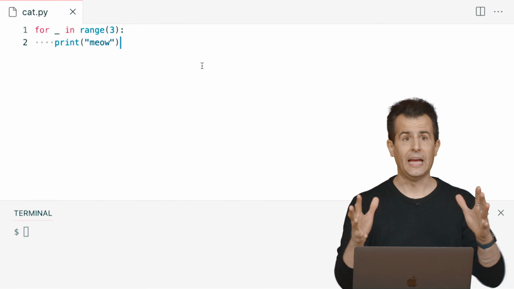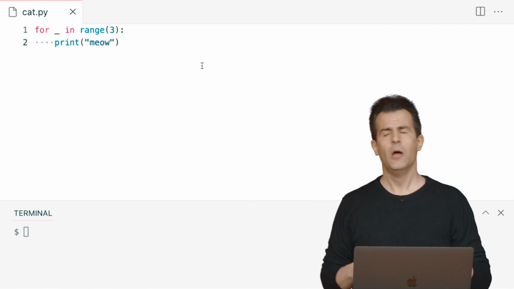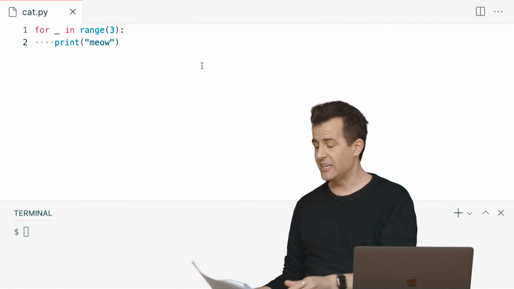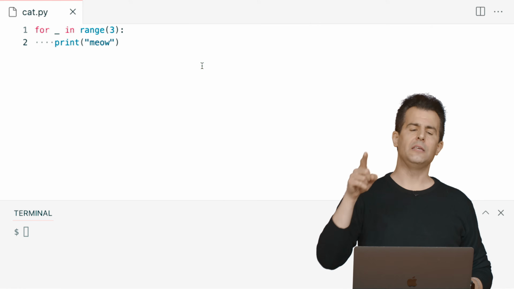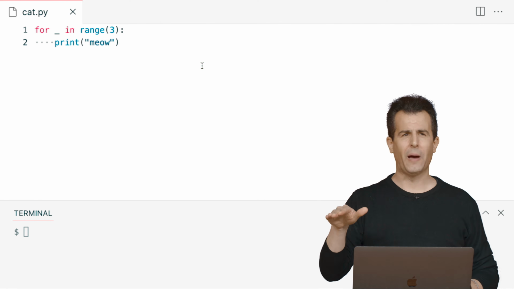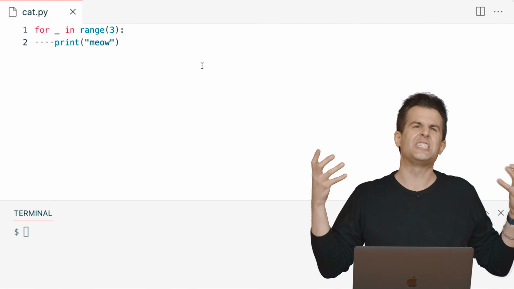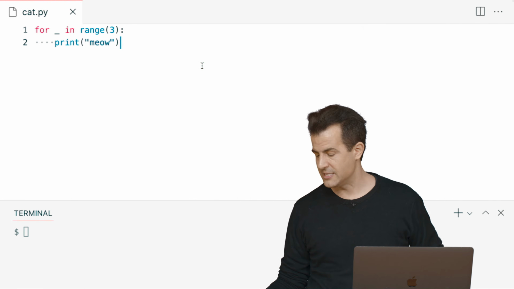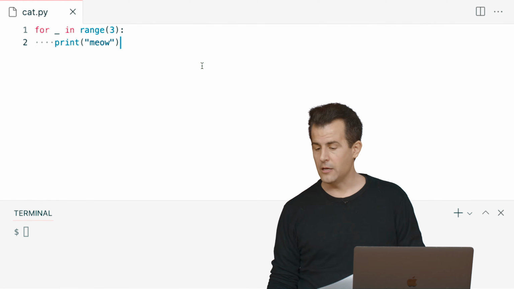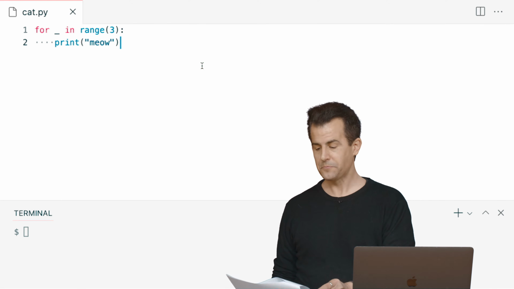It's not required. It doesn't change the correctness of the program, but it signals to yourself later, and to colleagues or teachers that are looking at your code too, that yes, it's a variable, but you don't care about its name because you're not using it later. It's just necessary in order to use this feature, this loop in this case here. So just a minor improvement or change there.